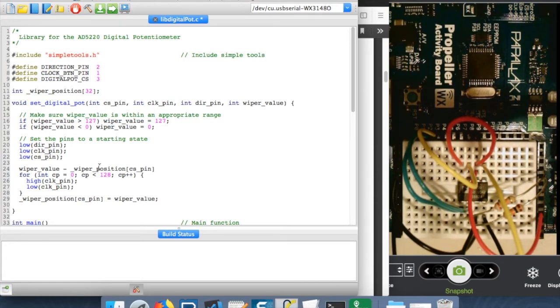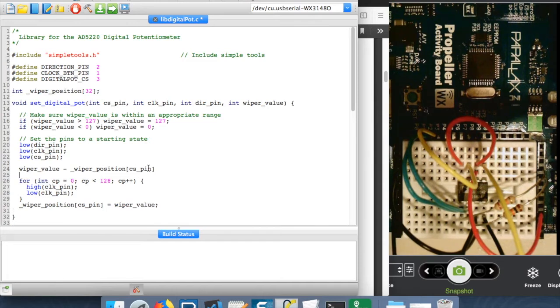So the wiper value minus the wiper position, or at least what we think is the wiper position, is going to tell us both the direction and how many pulses to go. So int, we'll say the distance,